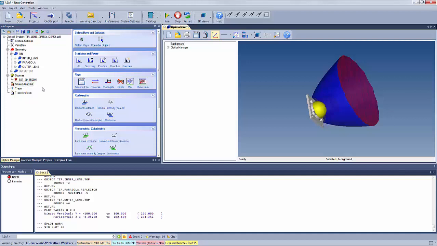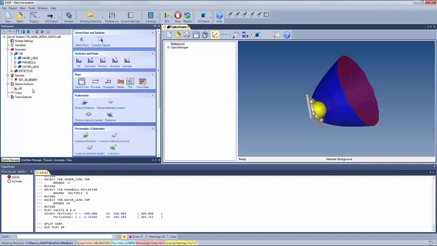So we're going to do a couple of things here. We're going to look at some of the source components radiometrically and photometrically. So first, radiometrically, we're just going to do what's called a statistics all or a stats all under source analysis. And what that will tell us is basically the total number of rays and the total amount of radiometric power in the source. Now what we'd like to do is actually find out how many total lumens are in this. There is, of course, a lumen count which is set, but we want to verify that that is correct for